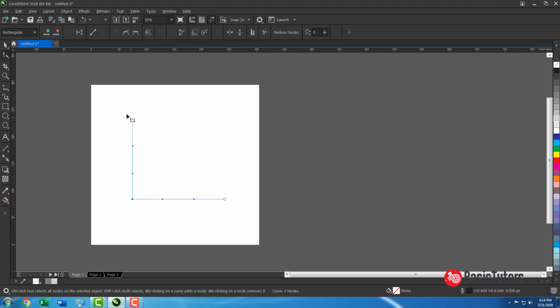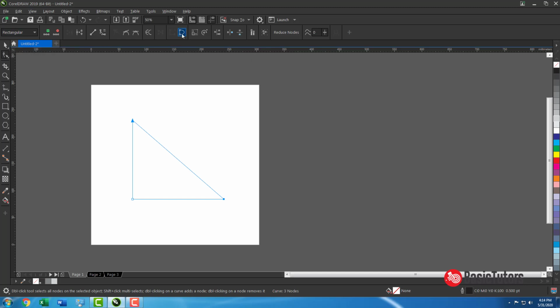What will happen if you select these two nodes and give join two nodes, it joins and brings these two nodes closer together. If you use this command, extend curve to close, it joins with a line. This is the difference between join two nodes and extend curve to close.